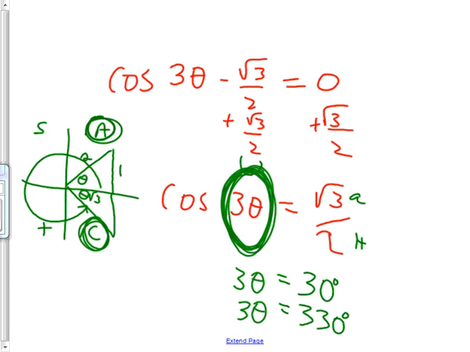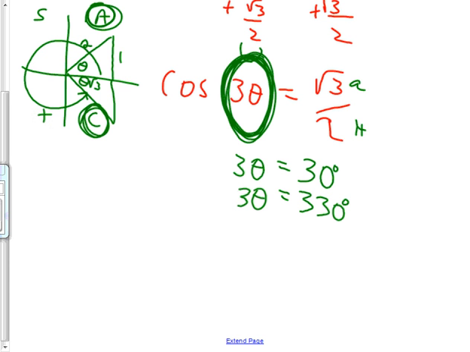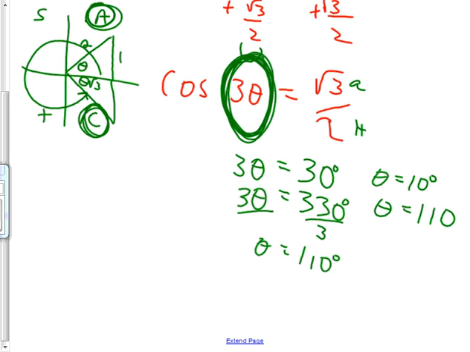So you might be wondering, if you looked at the answer for this, why are there so many answers? Because it seems like if 3 theta equals 30, then theta equals 10 degrees. Good. And then if 3 theta equals 330, I divide by 3 on both sides, and I get theta equals 110 degrees. So theta equals 10 and theta equals 110. Some of you are like, so where is the rest of those angles coming from? Well, remember that if we wanted to,